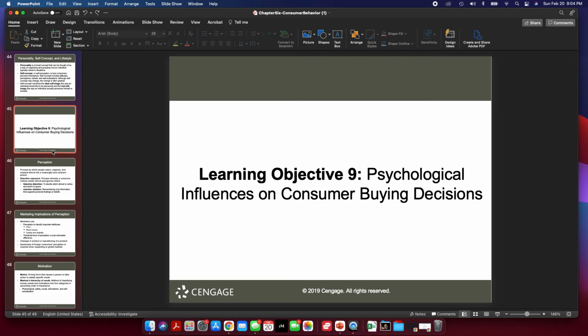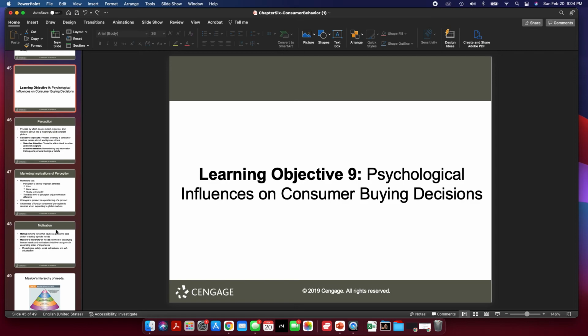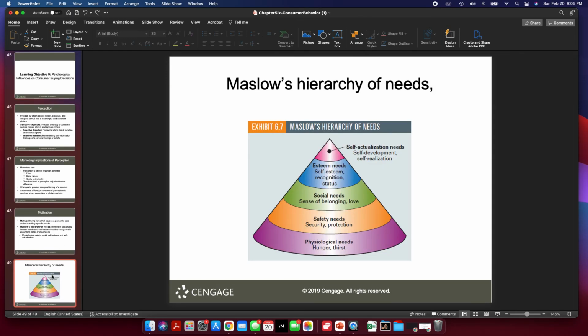There are a lot of psychological influences when it comes to consumer buying decisions. And I want to talk about Maslow's hierarchy of needs and finish it off there. Maslow's hierarchy of needs is an advertiser's right-hand guide to help sell their products or services. And as you move from the bottom to the top, the need becomes more important,